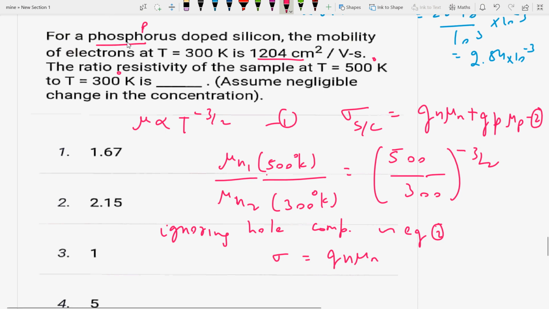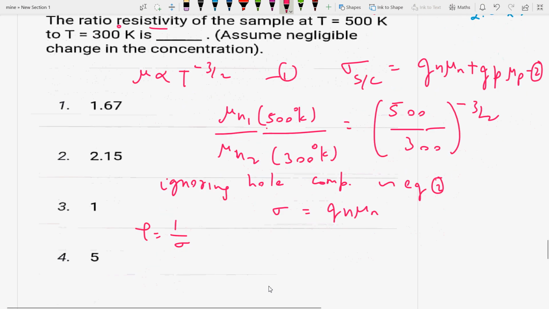You know what it is asking for? Resistivity. Resistivity is the reciprocal of the conductivity. Okay, so that means, ignoring the hole component,